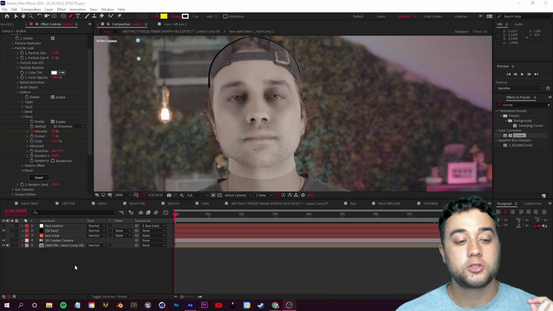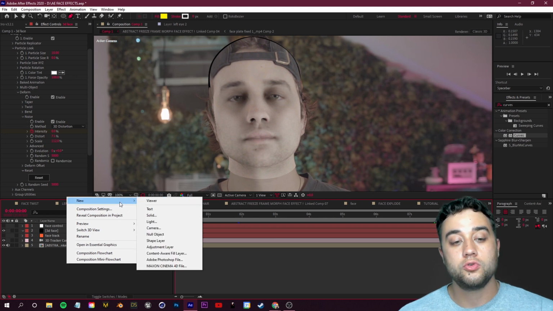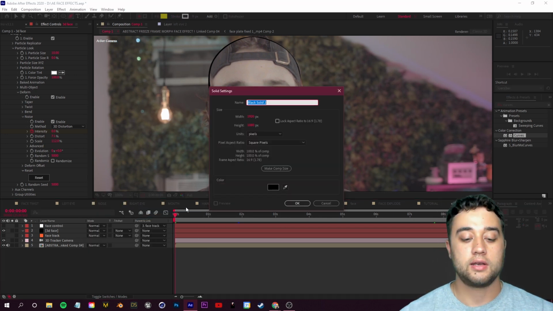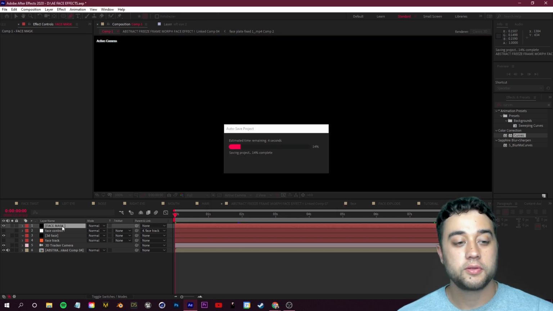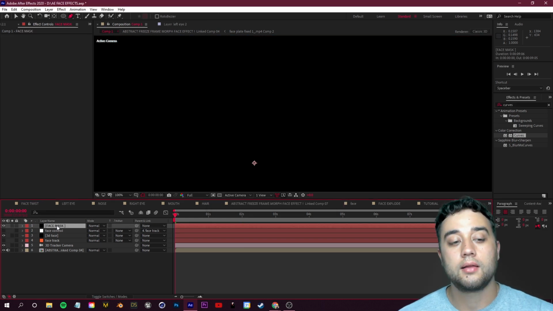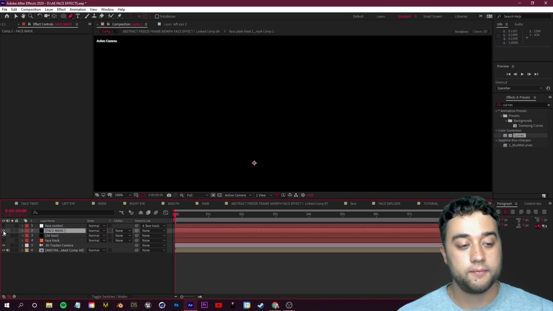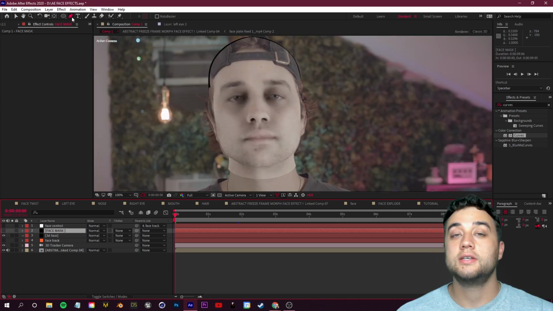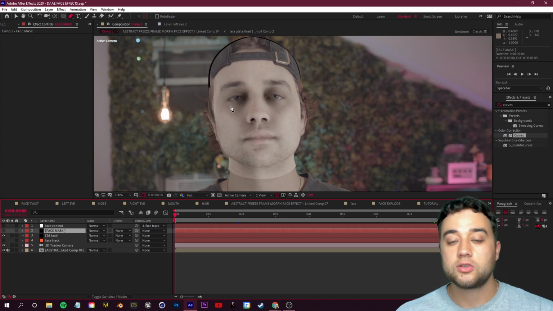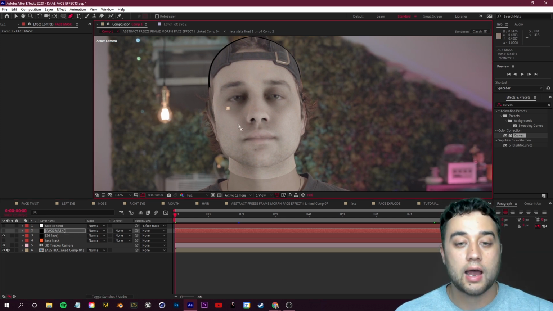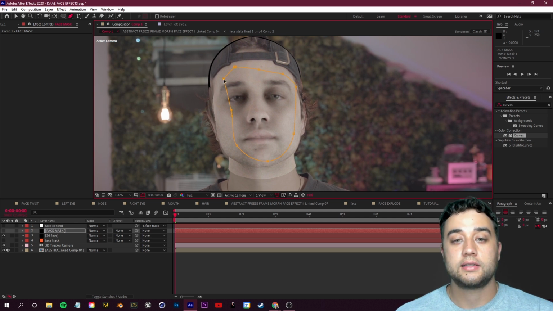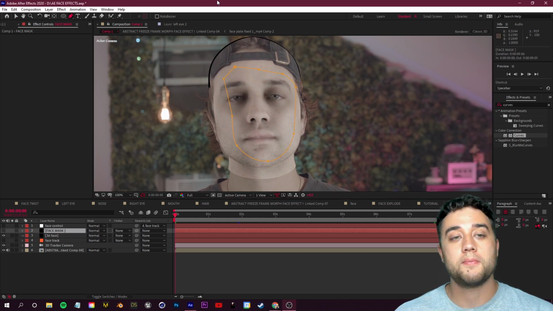So let's right click down to this gray space once more, and we're going to go to new and then solid, and we're going to name this face mask. So with this face mask layer, let's place that in a layer above our 3D face, and then you can turn off the visibility. And what we're going to do here is we're going to actually set up our mask. So if you want this only to affect the eyes, you can select the eyes. If you want it to only be around the shape of the face, you can do something like that. So draw out the basic shape of your mask.